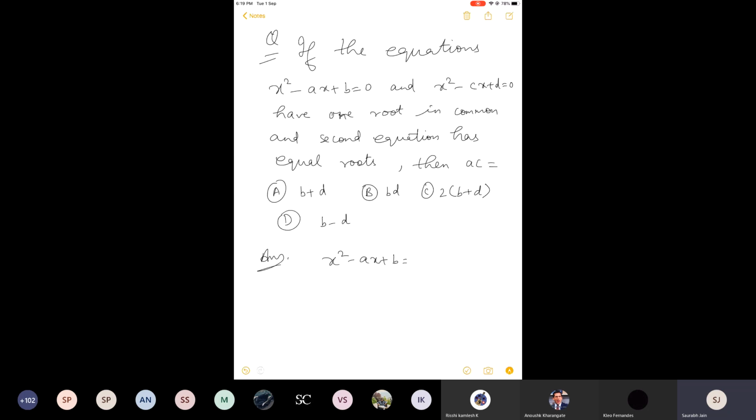Okay, can anyone tell me? Forget about the answer for now. Let us see if we are doing it in the correct way or not. Getting the answer is a different thing. Can any one of you tell me what will be the roots of the two equations? Can you assume the roots after going through the language of the question? What can be the two roots of this equation and of the other? This is what I'm asking. Go through the question carefully.